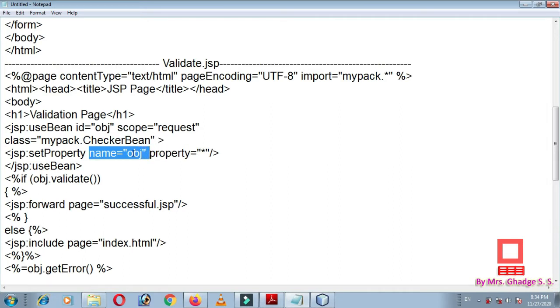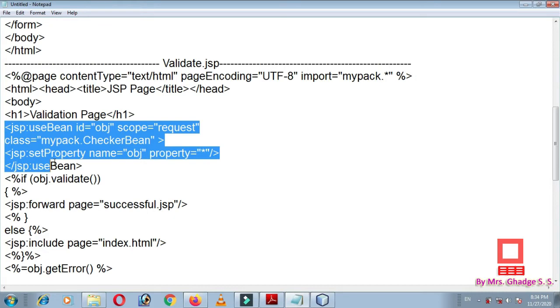So this name must match with this ID, because this name will help us to reference the methods in the checkerbean class. Okay, so here we are going to set all the properties. So here a star symbol is written. So in this way we are going to use the usepin tag. Then next we are going to call a few